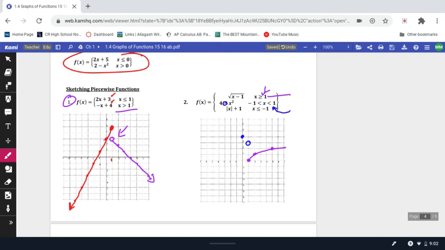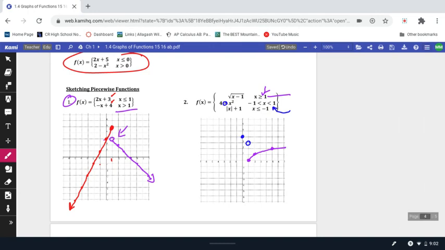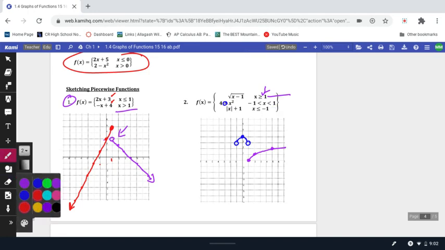Because it's just less than. And then I go to the other way, left 1, down 1. Darn it. I think there's an undo somewhere here. Yeah. All right. And then I'm going to go left 1, down 1, and it's also an open circle. And I'm going to sketch that little parabola that's in there. Okay? All right. Now we're on to the next one,